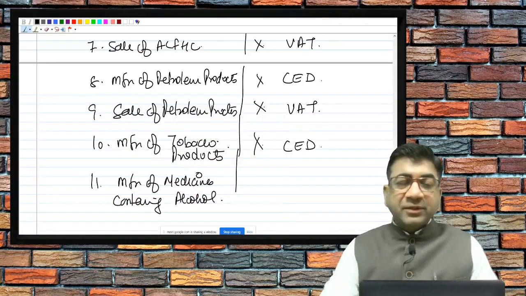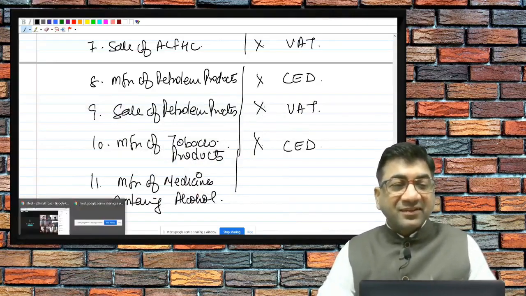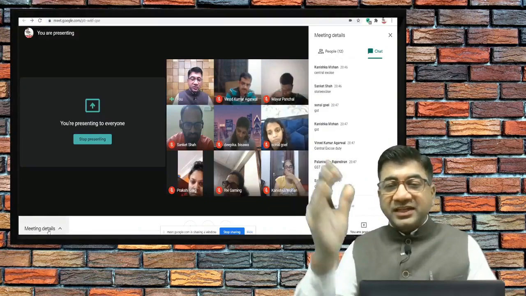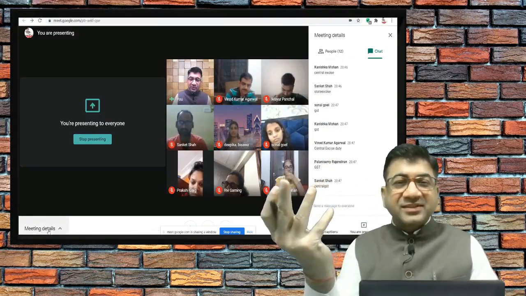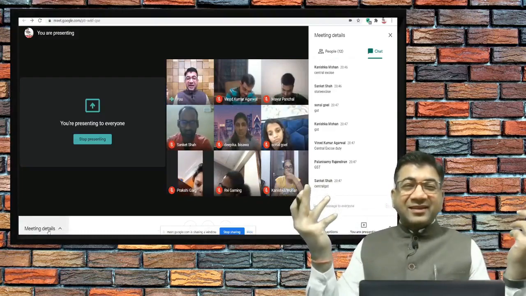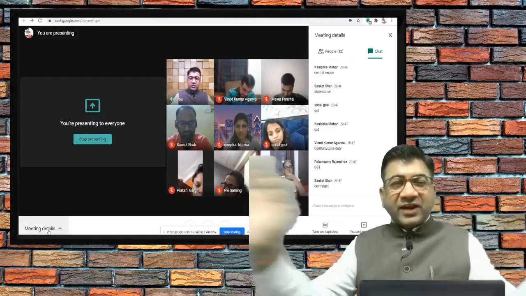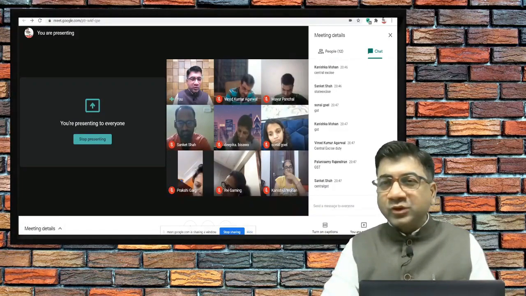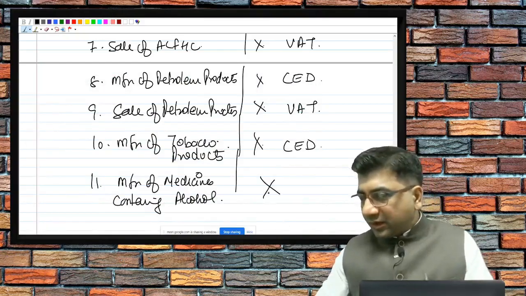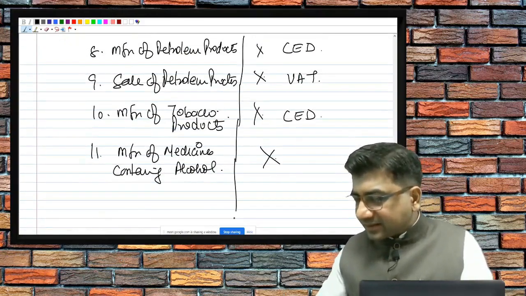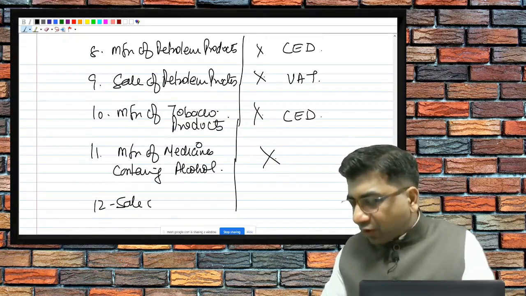Nahi, manufacturing pe toh GST hai hi nahi. Na Rajendran, there is no GST on manufacturing of medicine. GST is on supply. So there is no tax on manufacturing, neither excise nor GST. No tax on manufacturing, no. But sale, yes. But sale of medicine